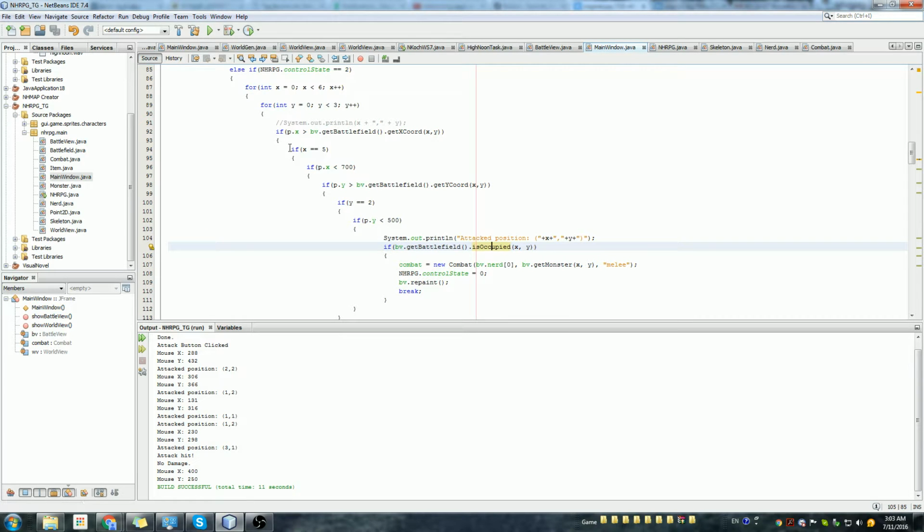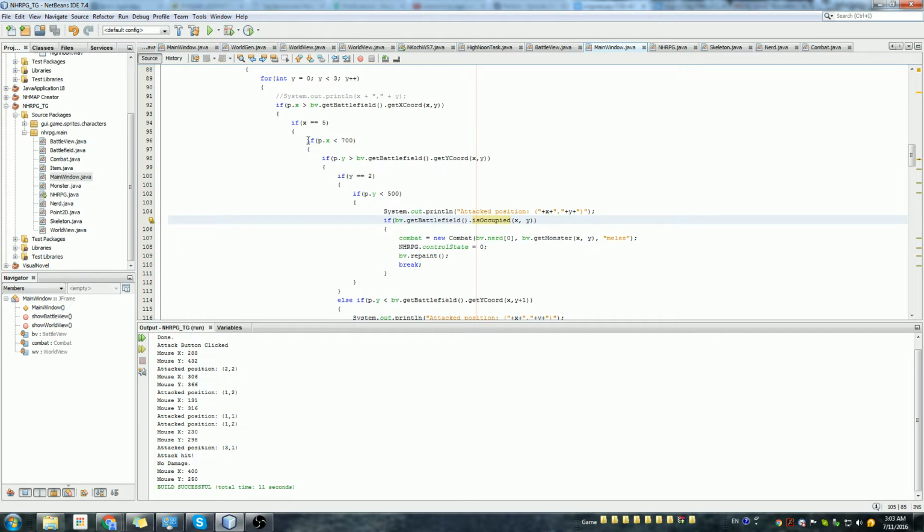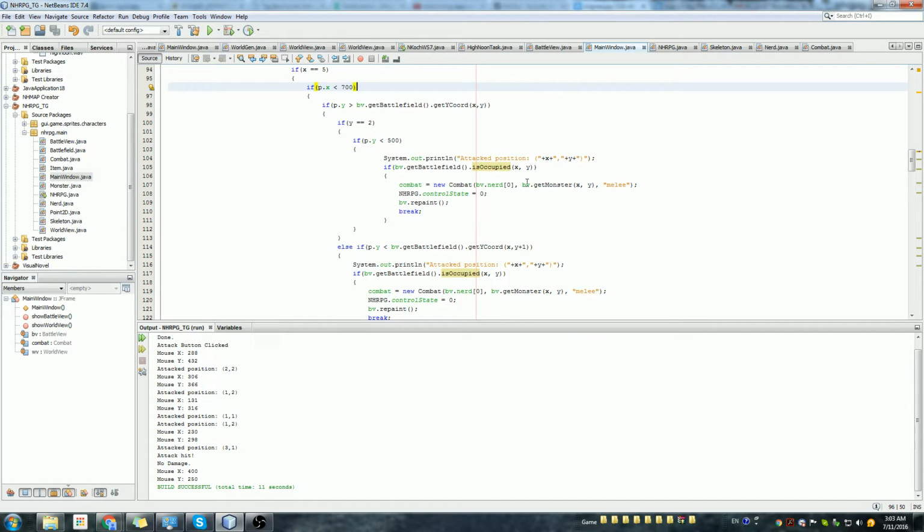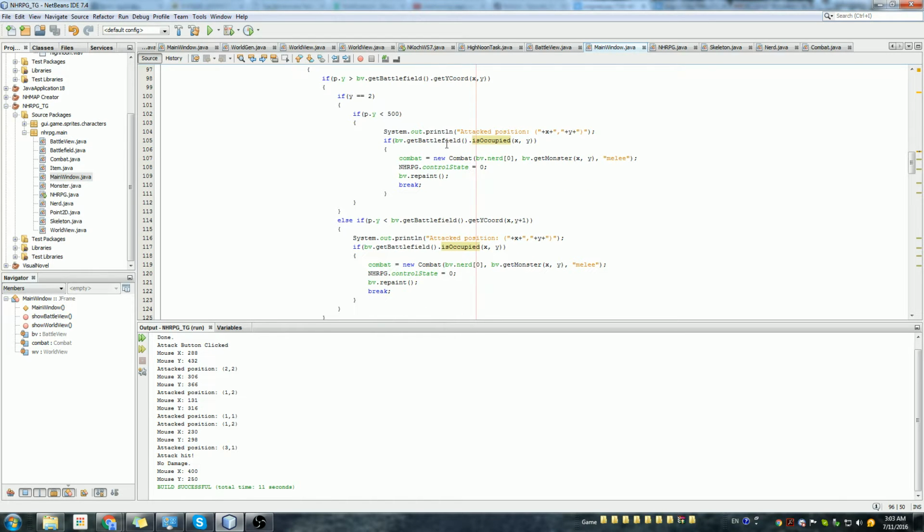So then what it will do is, if x equals 5, which means it's at the last point in the loop, it will look to see if the mouse pointer is less than 700. That seems to be where it's within the field. If p.y is greater than get battlefield x coordinate, if y equals 2, blah blah blah. Okay, so it will return the attack position,